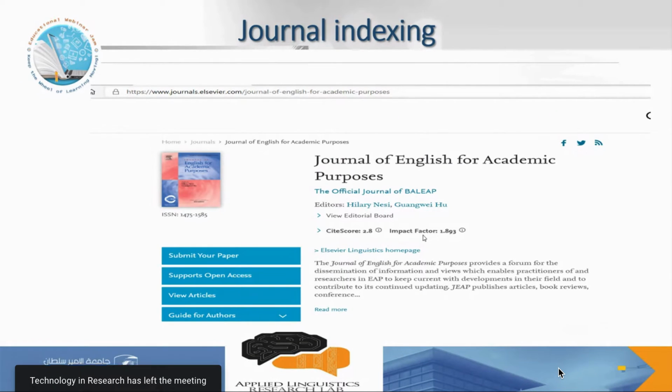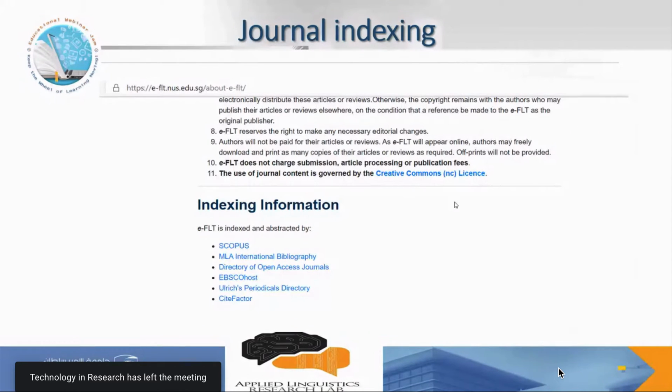And we've seen how to check it ourselves. If the journal is not making it on the front page, then please go and look for the indexing information. Sometimes it's written as indexing, sometimes it's under About the Journal. You go to About the Journal and then you find the indexing information. So as you can see here, this is a journal called Electronic Journal of Foreign Language Teaching, and it tells you we are indexed in these